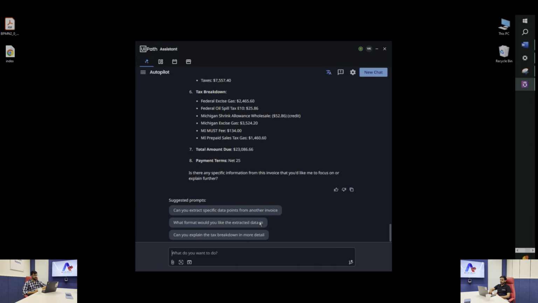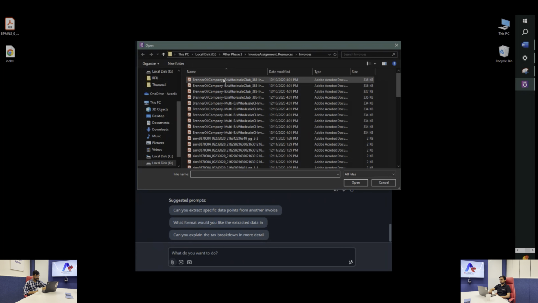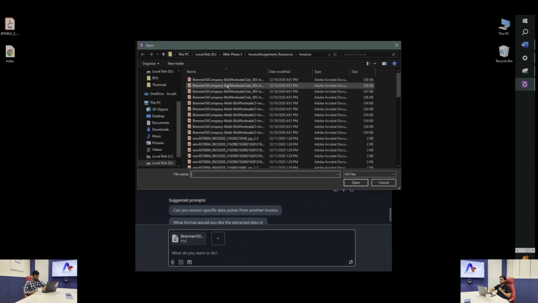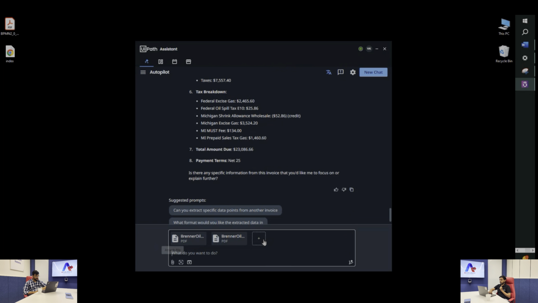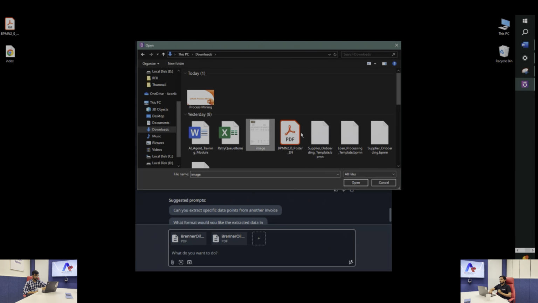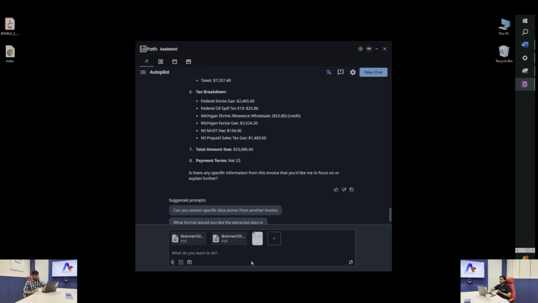Let's try it out. What I'll do is I'll attach the first file and then click on open, and now you can see I'm again getting an option to add a new file. So the second file is also added. Yeah, let's try with an image for the third one. Okay, for the third one we can utilize an image. I'll add, and now I can provide a prompt, extract